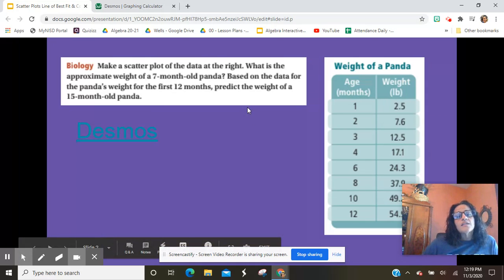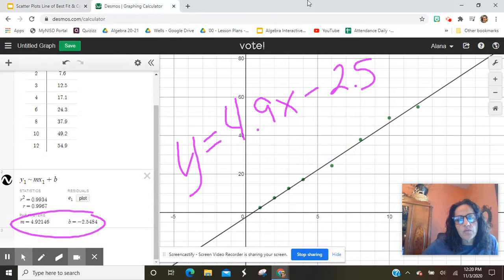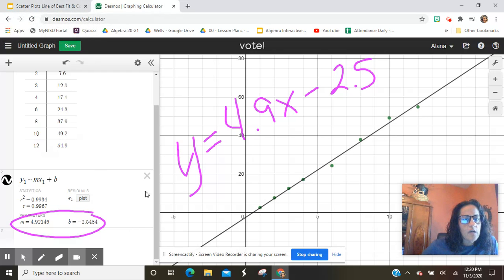Oh, in this case, it's asking us to approximate the weight of a 7-month-old panda. So the months is the X. So if I go back to here, I would substitute a 7 for X in order to find what the potential weight could be. So let's see if I can do that here